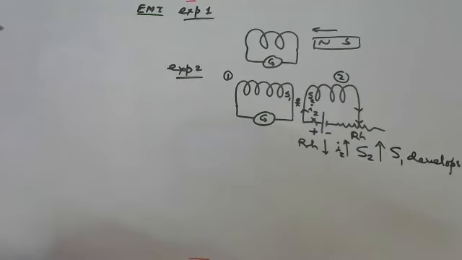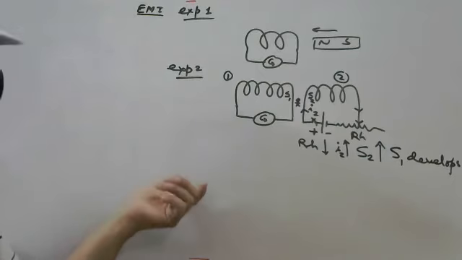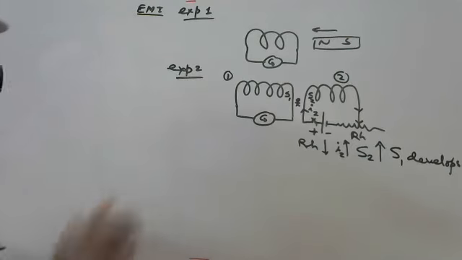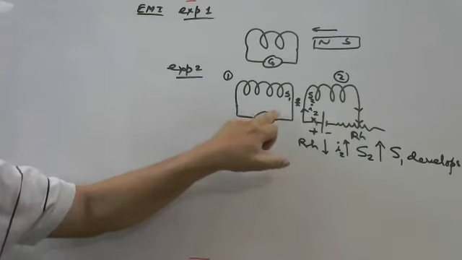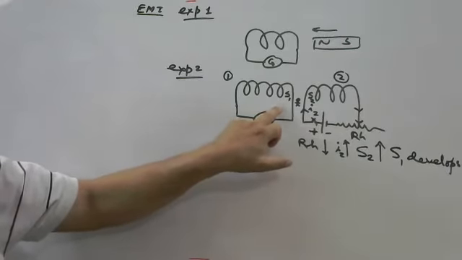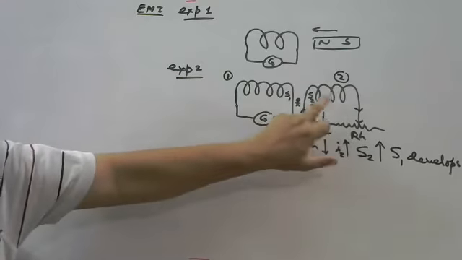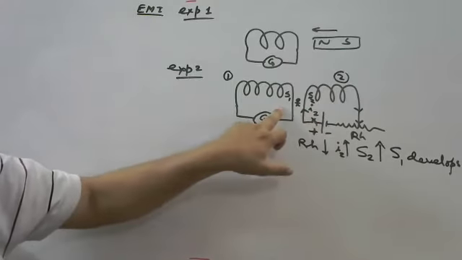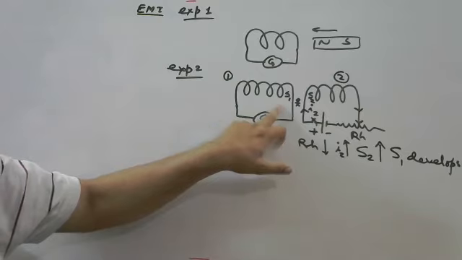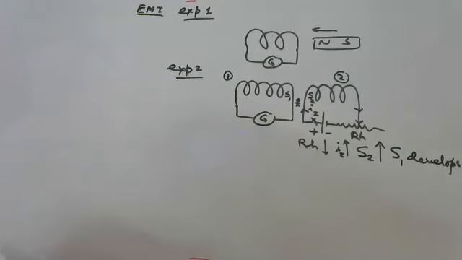What is necessary here? We have to change the flux linkage. If flux linkage is increasing, in that case, the action is always opposite. So if the south pole is becoming stronger, then a south pole in solenoid 1 develops as per Lenz's law, as per Faraday's law. Is it clear? Any doubt? Any doubt here?